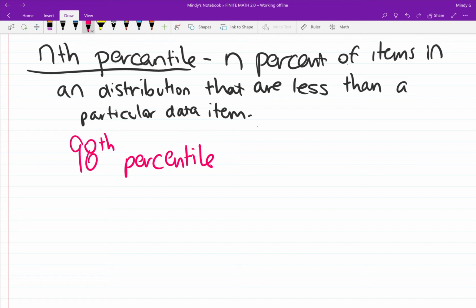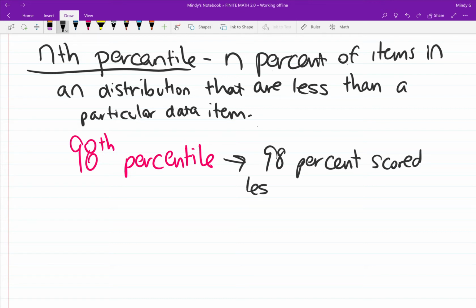What that means is his data item is located somewhere on the set of data. 98% of the other data items fall below where his data item is, or less, right? So 98th percentile means that 98% scored less than that particular data item,